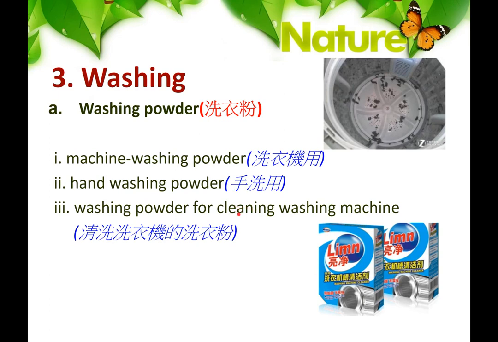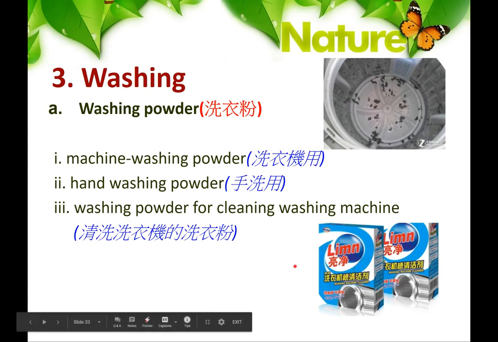All right, I would like to introduce a kind of washing powder for you. When you do washing, especially machine washing, you need to use a specific kind of powder, that is machine washing powder. It will generate fewer bubbles. And for our washing machine, I would like to remind you that because it is quite dirty, if you use it for a long time, you have to clean the washing machine by using this kind of cleaning powder. You may share it